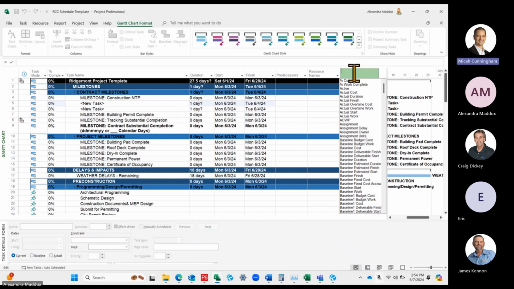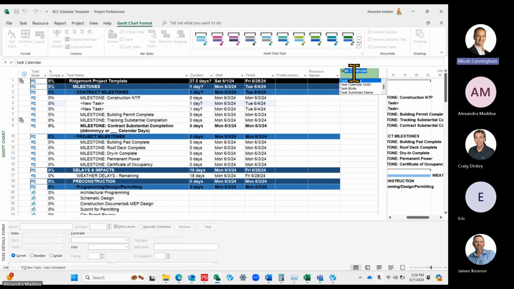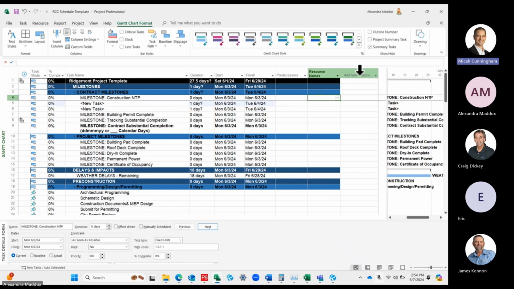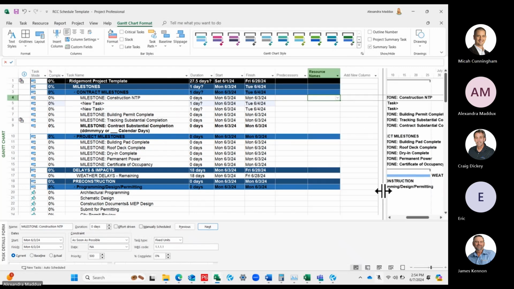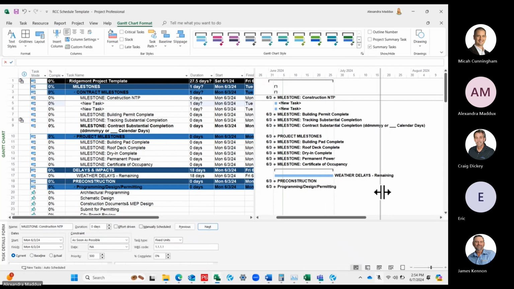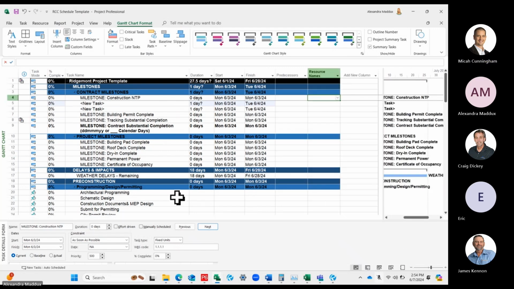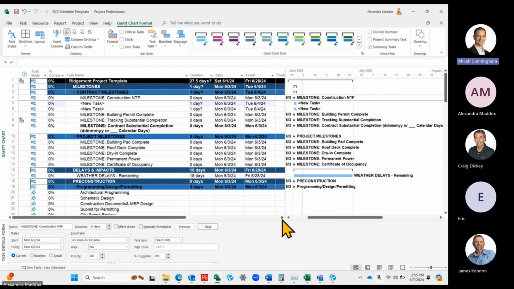All right, do you guys see that? Okay, so start typing in. So calendar is actually under task calendar. So start typing in the word task and you should see task calendar pop up as an option. Do you guys see that? So then hit enter. Okay. So do you see add new column on the far right? You'll either have to scroll over or move this over. Do you have a scroll bar at